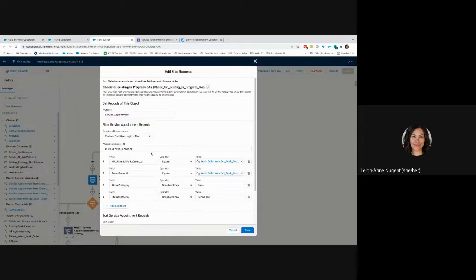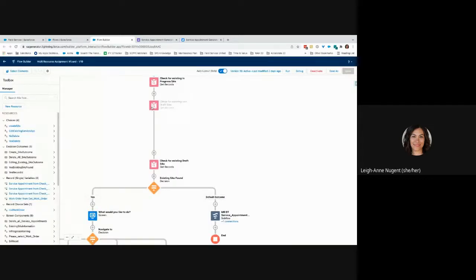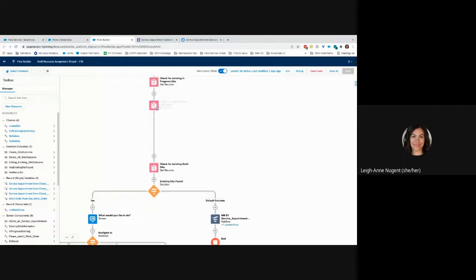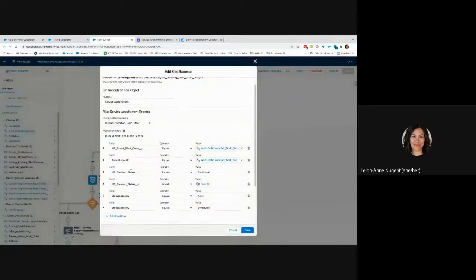All of this, you can decide how you want to configure this, right? So you may want to include dispatched, you know, those kind of things. So choose what you want. You can check for any non-draft service appointments. So what does this mean? There are certain helper fields,